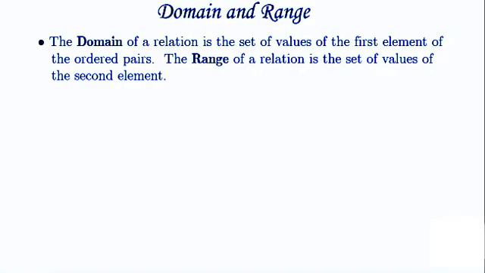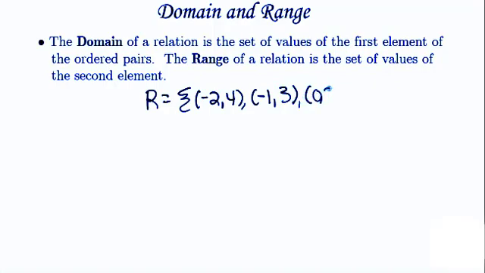The domain of a relation is a set of values of the first element of the ordered pairs. The range of a relation is a set of values of the second element. For example, if I have a relation given as the set of ordered pairs -2, 4, -1, 3, 0, 2, and 4, 8,